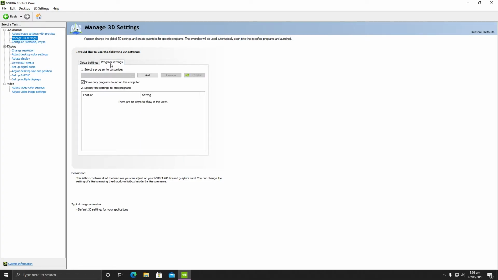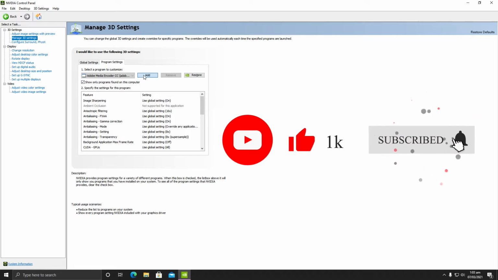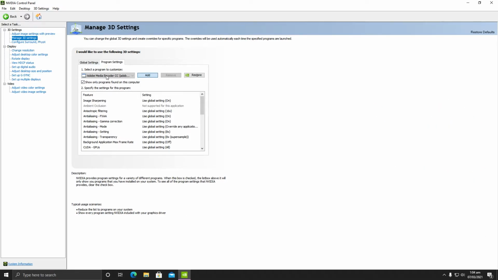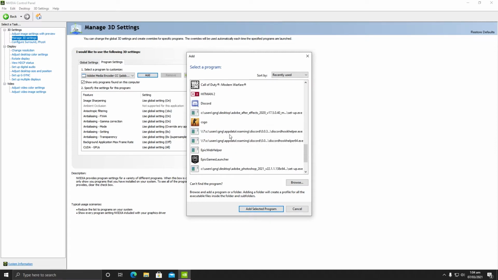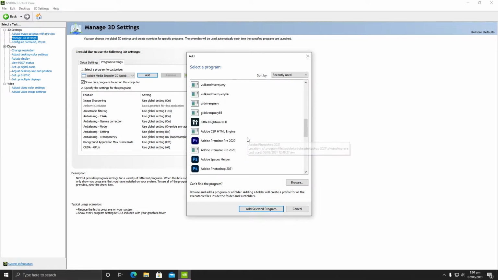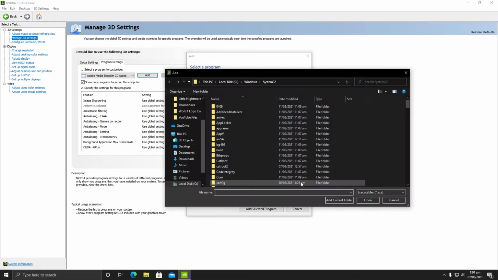Let's go to program settings, and here you need to add a program. Click on add. This is not a media encoder. We need to select our After Effects. Where is After Effects? This is After Effects. If you are unable to find your program, you can simply click on browse, and you